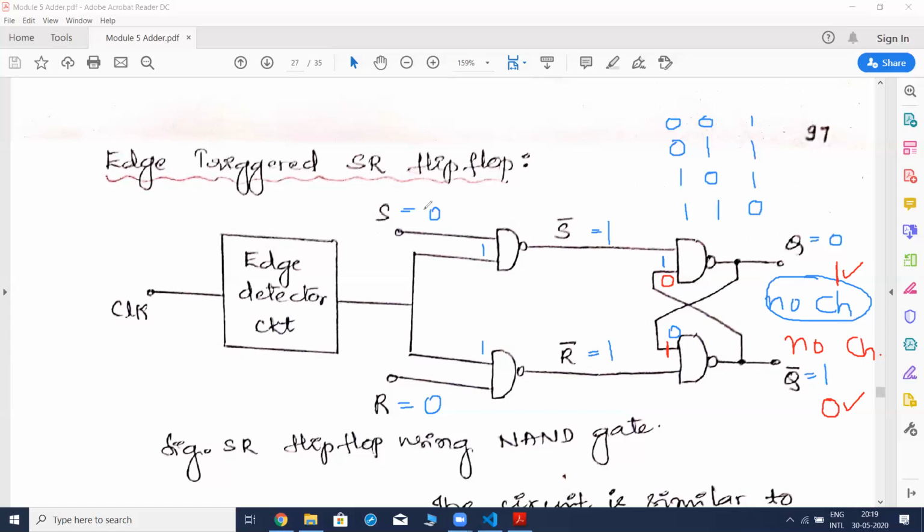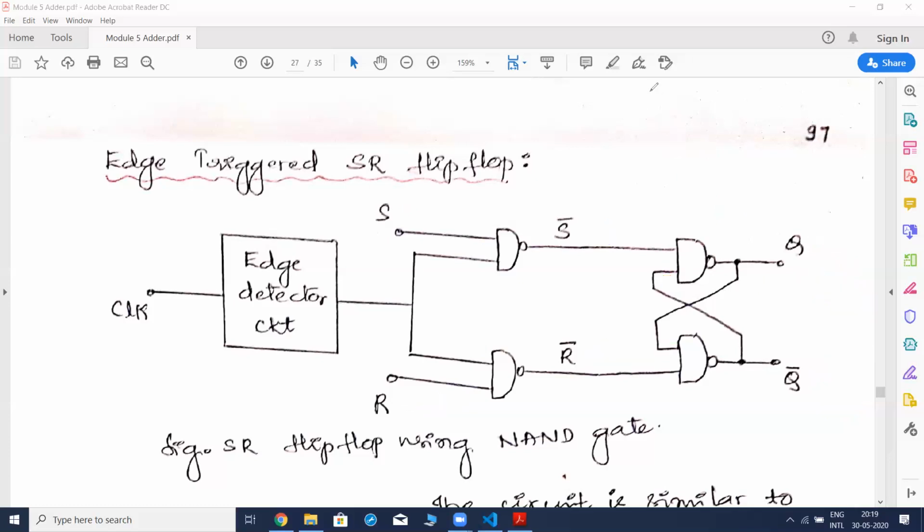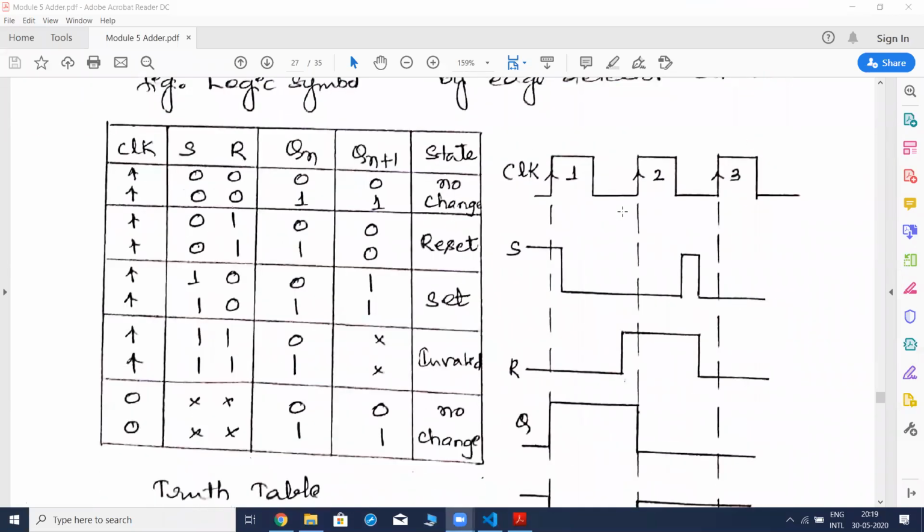When the inputs S is 0 and R is 0, we'll get S bar as 1 and R bar as 1. According to the truth table of the S bar R bar latch, we are getting the no change condition. Even if you assume Q is equal to 0 or Q is equal to 1, you will get the same thing. So that's why we could say that when our inputs are S equal to 0 and R equal to 0, we'll get the no change condition. That we have seen over here. So now this is how it has been